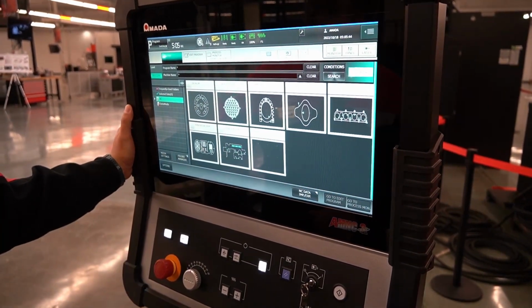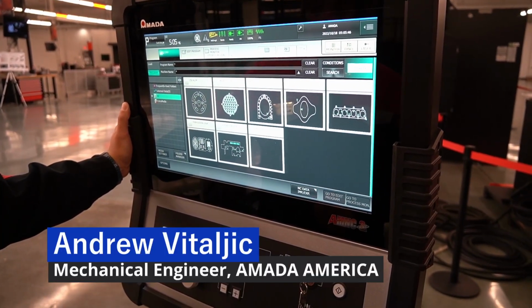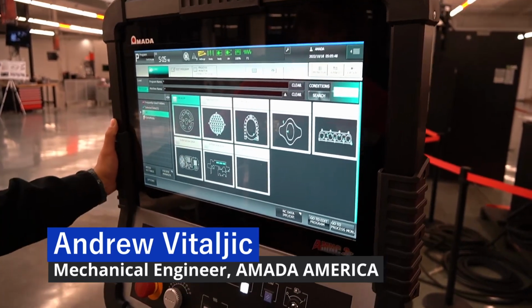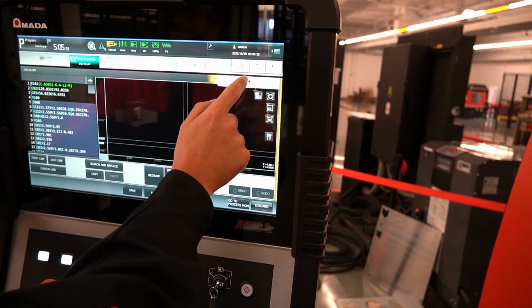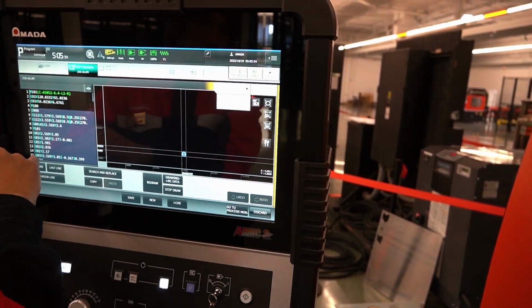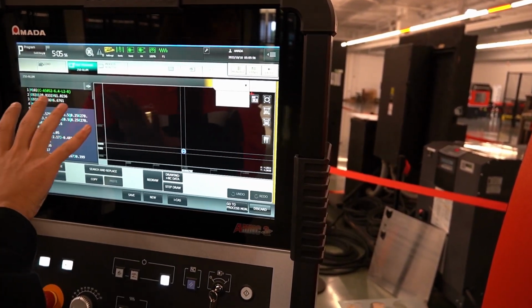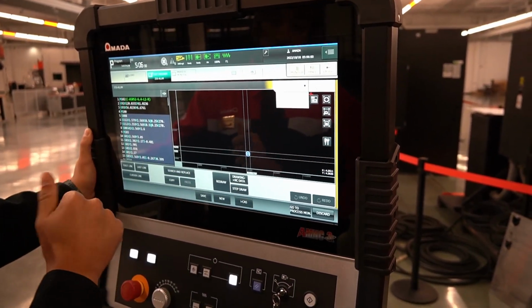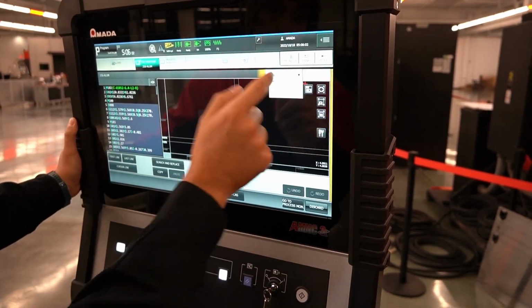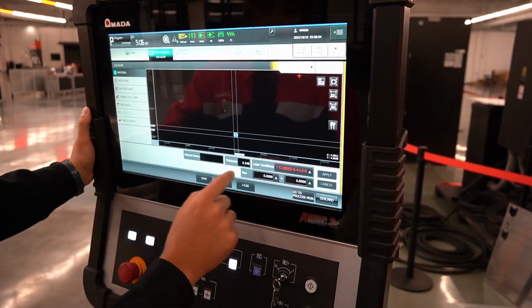So let's say I have a various few parts here we can run. Let's just run this one. So we hit edit program. You can switch between the classic NC mode, which is just, if you're NC savvy, you can edit your NC code this way, or if you're lazy like I am, you have